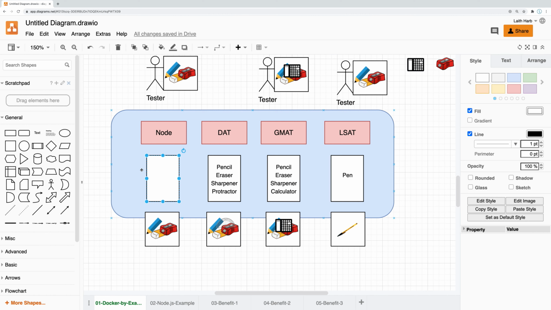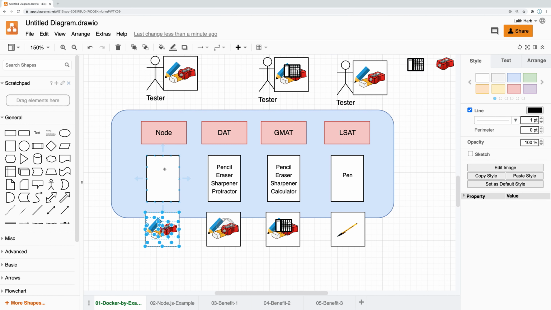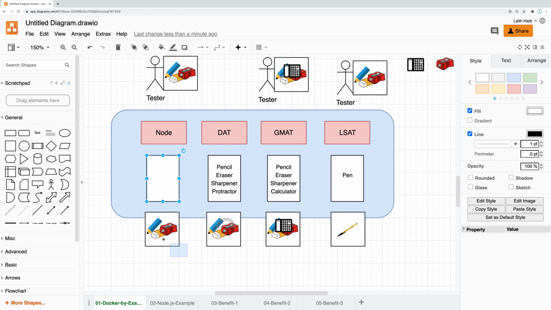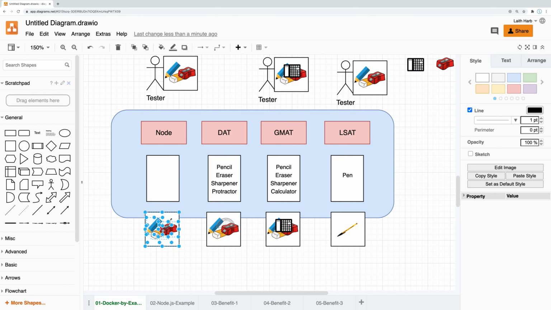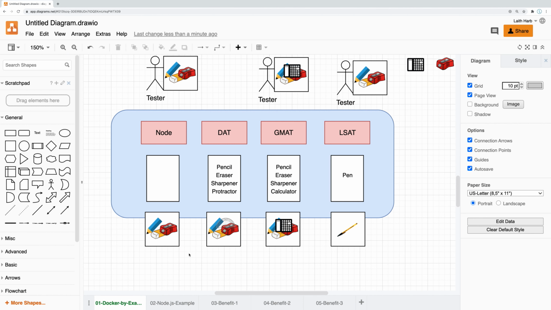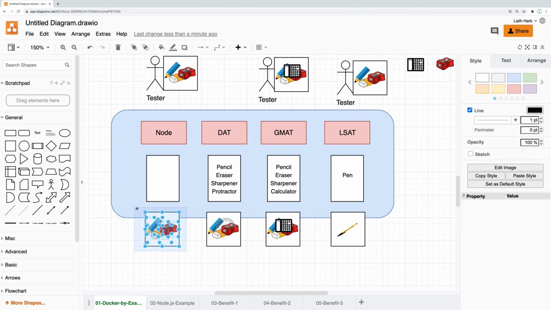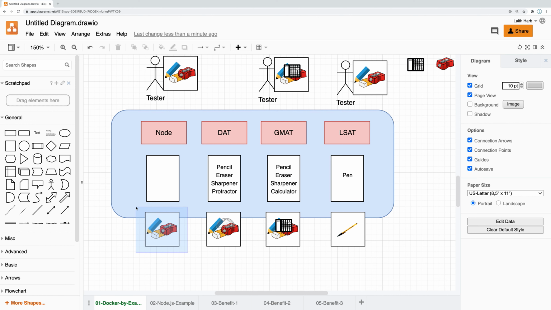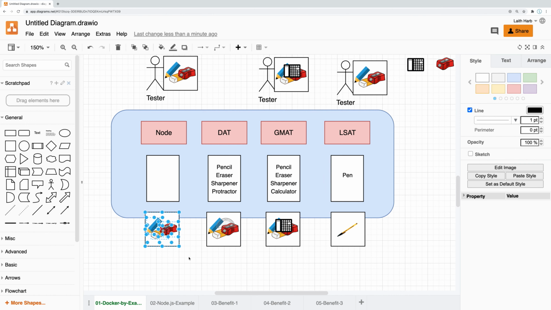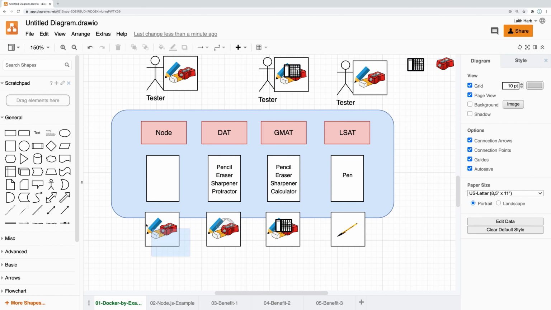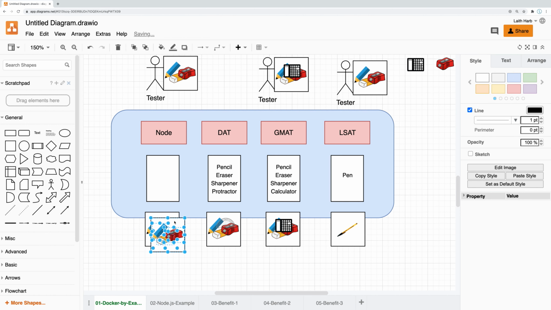Now, the next step is, well, we can generate this box over here using this file. So essentially now we have this box that contains everything that is needed to run our Node application. However, when we want to run this application, we create an instance of this box. So this box initially isn't running, but when we want to run our application, we just create an instance